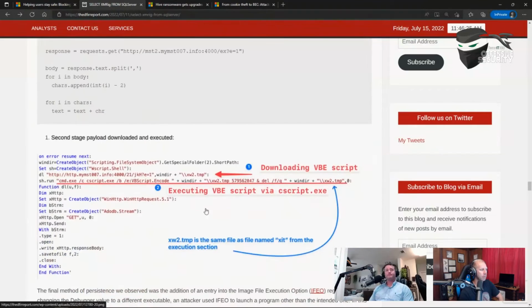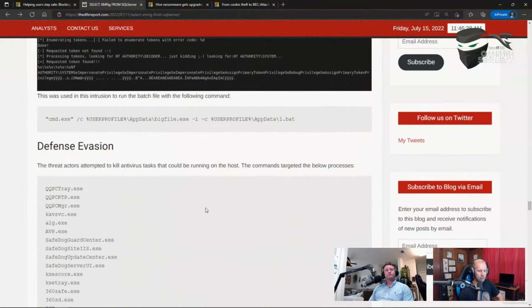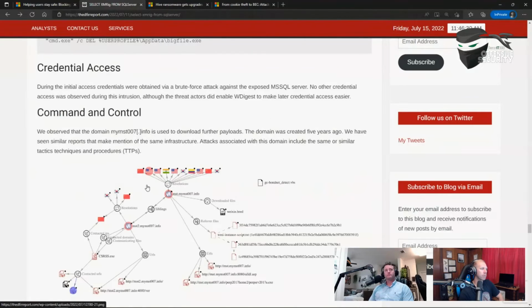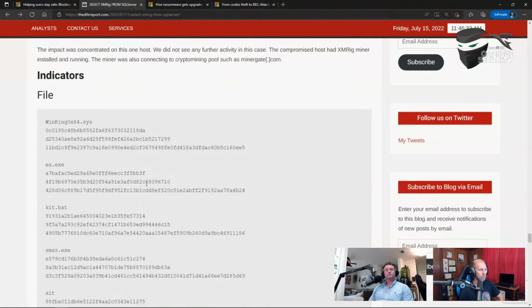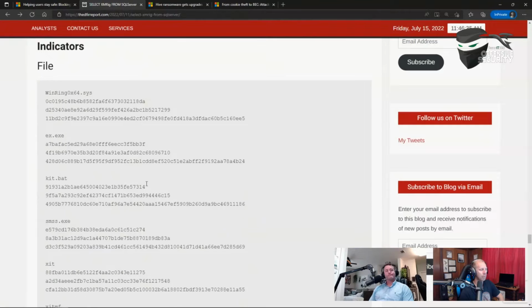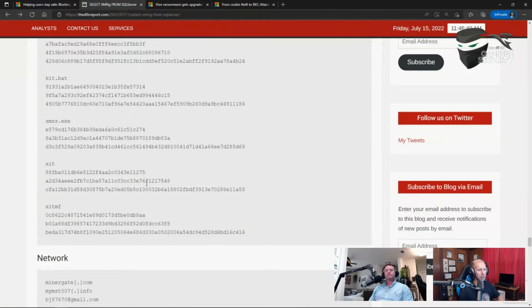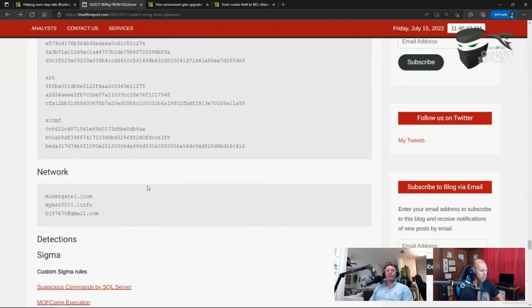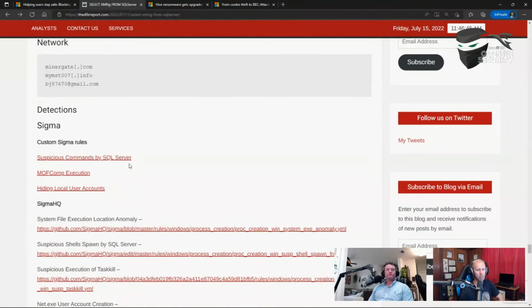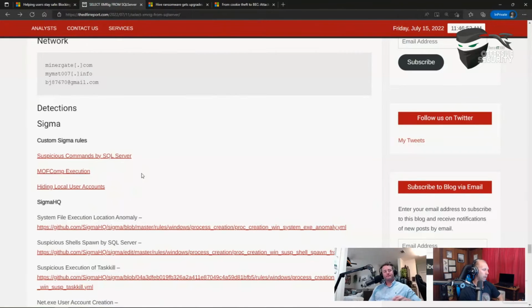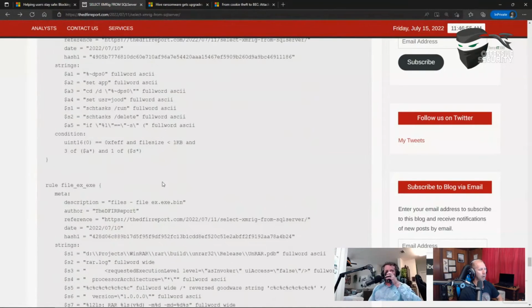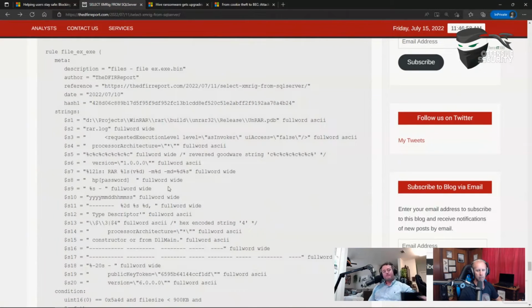I always look forward to these, and they do a really good job. They're very detailed, and at the end of the articles, they provide indicators, right? Hashes, file names. There's commands that you can pull down from the report, right? That you can test and use as signatures. But they also have a lot of times custom Sigma rules that they've created as a result of the report or the investigation. So there's Sigma rules, they might have YARA rules, and all sorts of stuff like that to kind of speed that detection along. So awesome stuff. Really good.